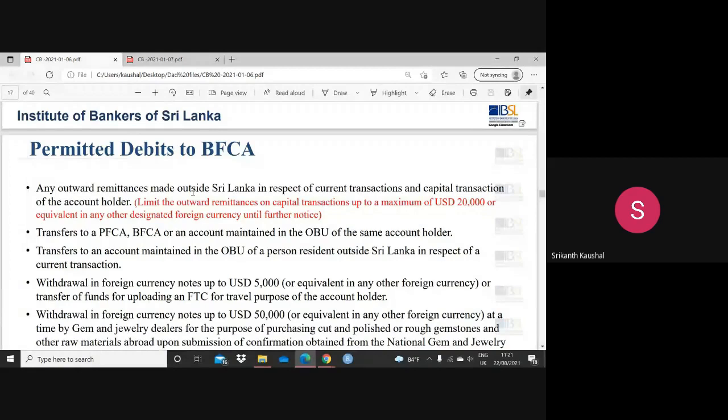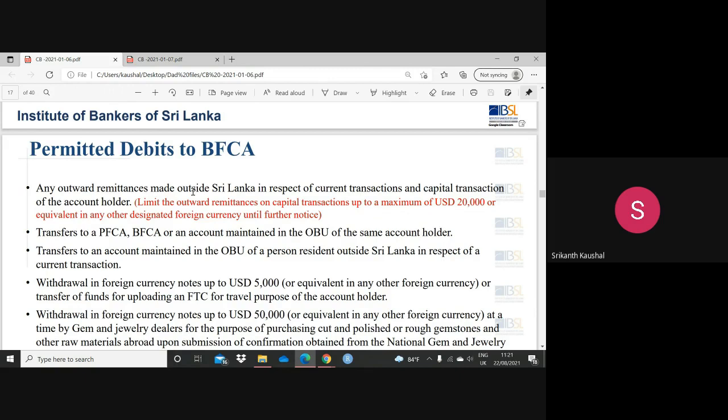Then you can say transfer to a PFCA, BFCA. Yeah, that is on the other side. If you are permitting credit, it should be there in the debit side also, right? Transfer to account maintained of person resident outside Sri Lanka. Yeah, you can do transfer to a current transaction, a person in overseas. And you can withdraw currency note for travel purposes up to